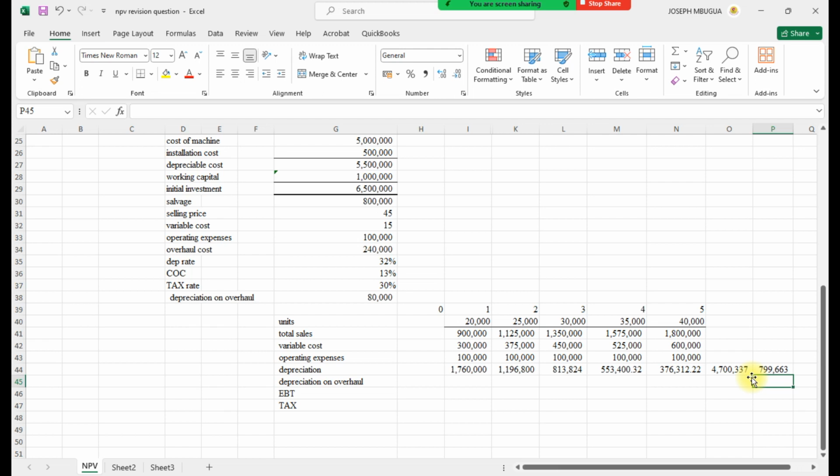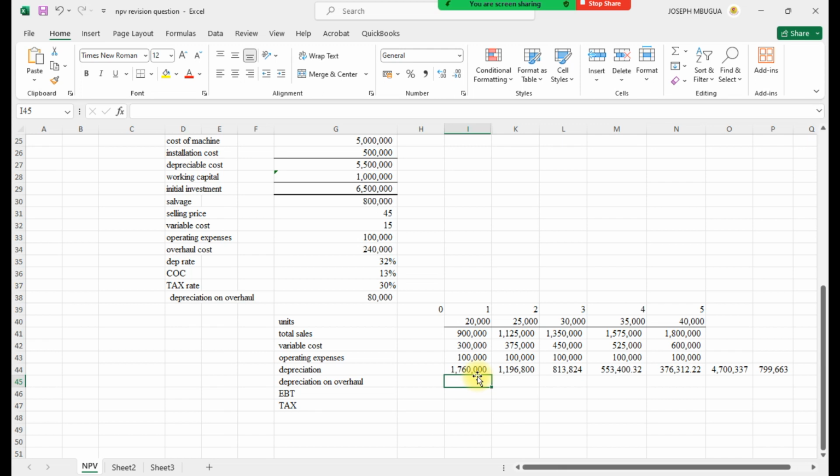and that's why we have said whenever you are using the reducing balance, we don't minus the salvage value, because salvage value is the amount that will remain after you have depreciated the machine over the period or over the years that you have been given. So this one was just an illustration to prove the point for not deducting the salvage value.